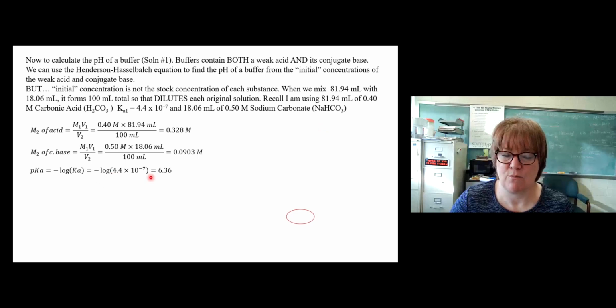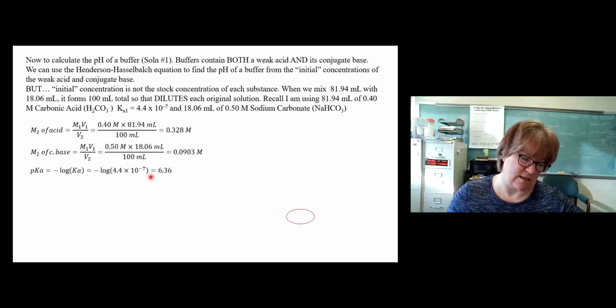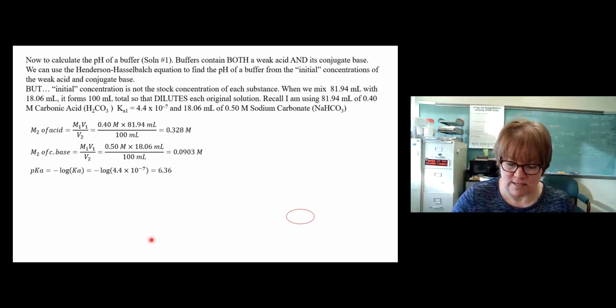So in my case, it was 4.4 times 10 to the negative 7. Take the negative log of it, it's 6.36. Okay, so here